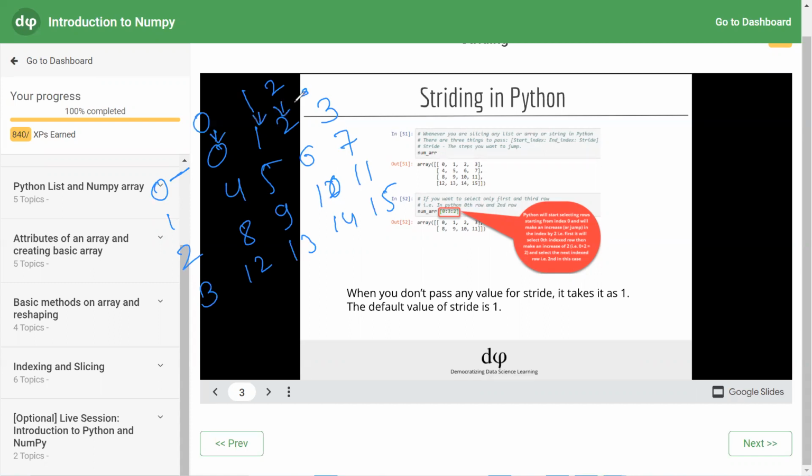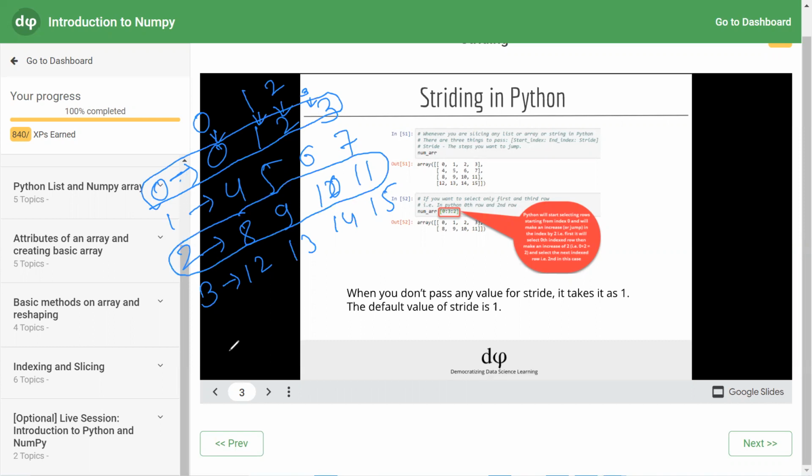So up till here the part is clear, this is the array given to you. Now we want to access. So if you want to select only the first and third row, we select this first row, and after this we want to select this row.